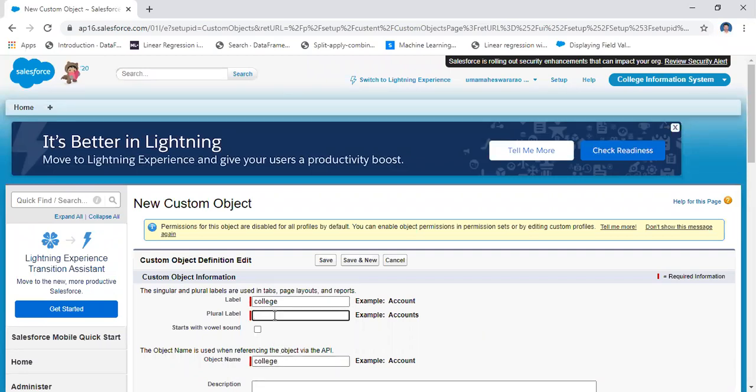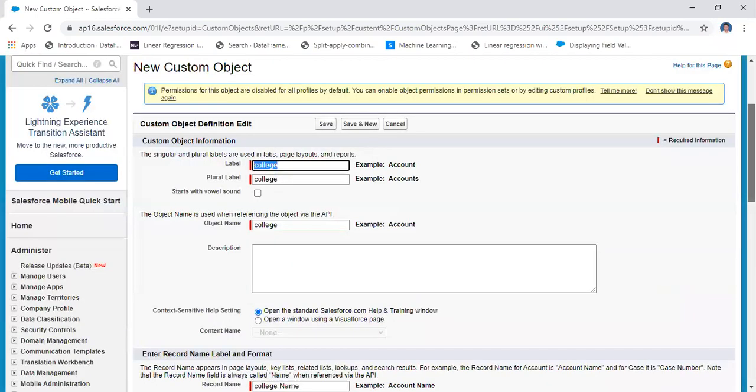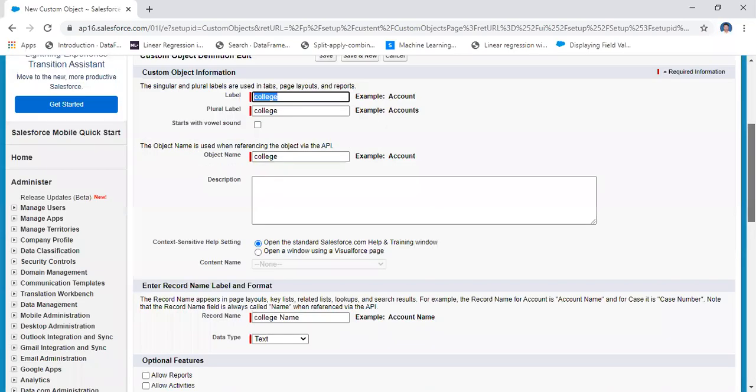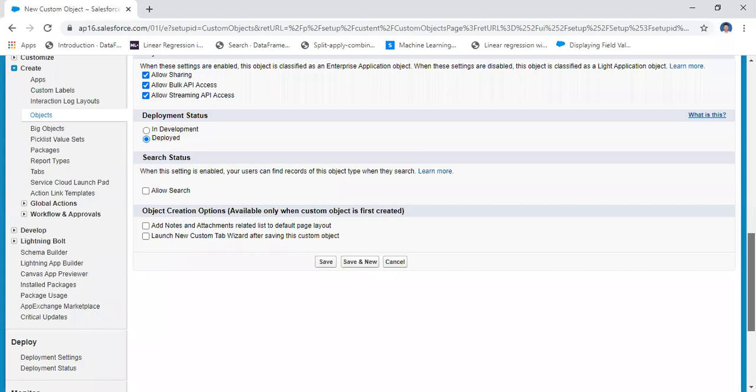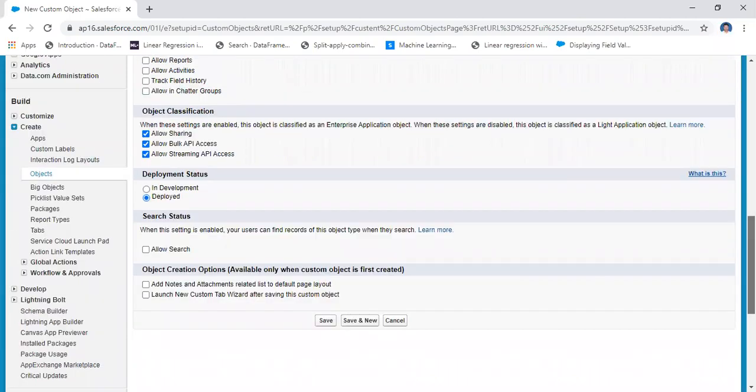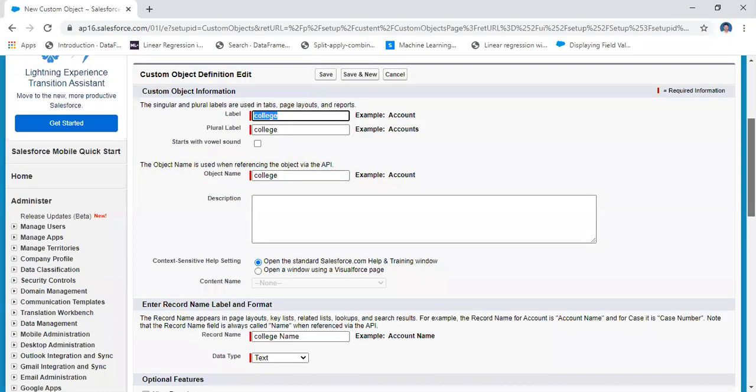Plural name also, no problem, College. That means I am going to create the College table. You will discuss later the optional features, like allowing records or something else. Simply, I am going to create the object and save the object.